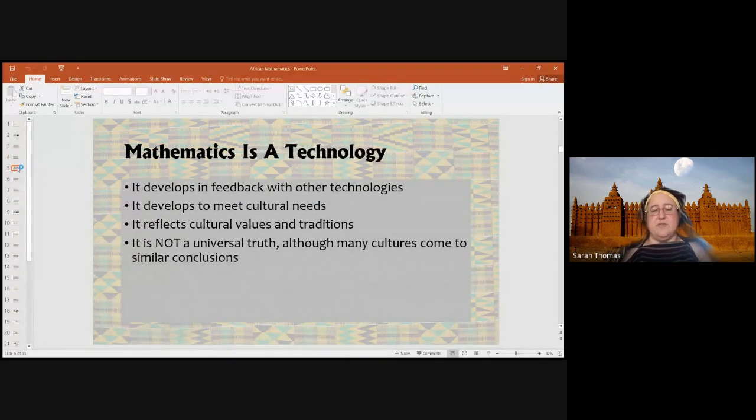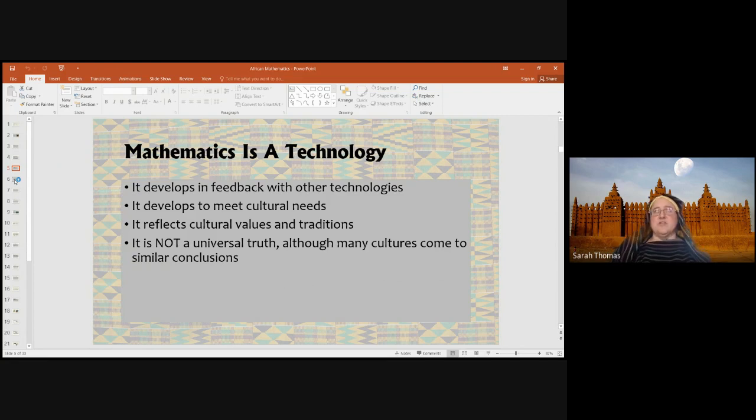First thing to understand is that mathematics is a technology. It develops in feedback with other technologies. So science and math, for example, in the West develop together. Science usually picks up math about 100 to 200 years after it's been discovered, although that's not a universal limit. Dijkstra is still alive and his algorithm is being used in Google Maps. So it's not always the case that math or science lags that far behind, but they do develop in sync with each other. Sometimes people will develop the mathematics they need for the science. Sometimes they develop the science to fit the mathematics.